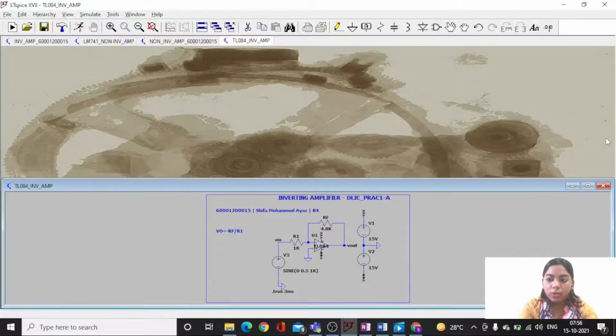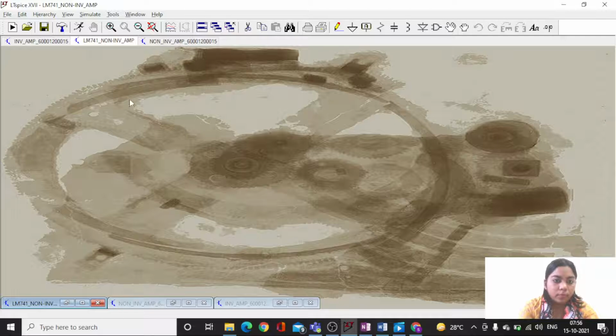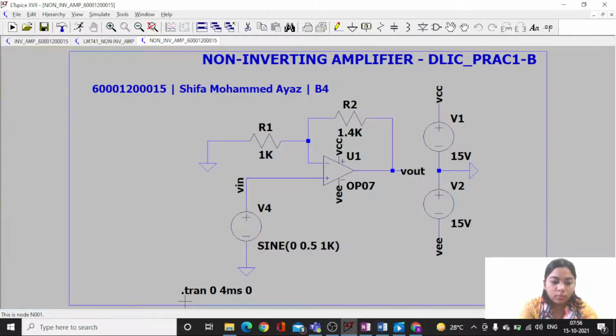Now I'll show you the non-inverting amplifier. So this is my non-inverting amplifier. Now I've chosen a different value for the non-inverting amplifier. So this is for 2.4. I've designed it for the gain of 2.4.